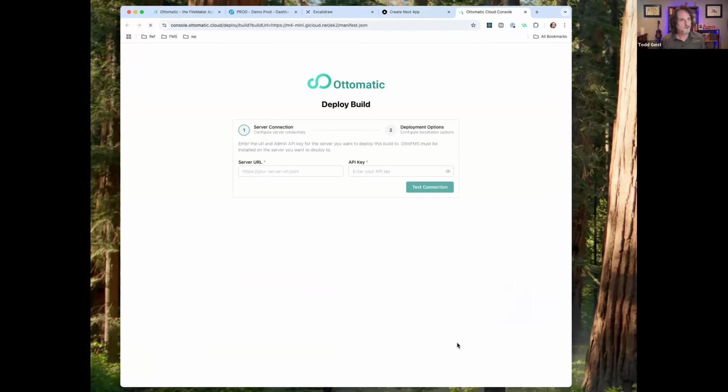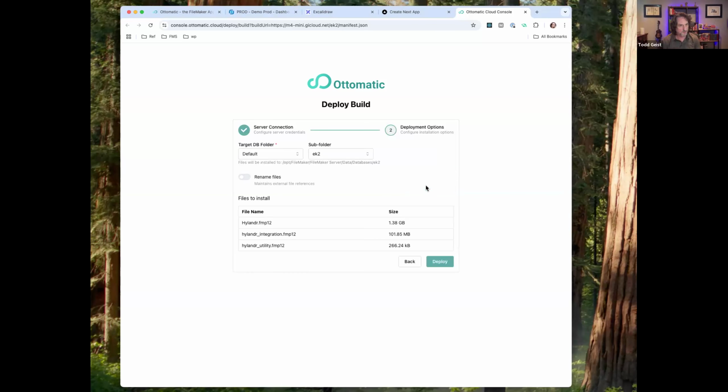We click a button and go to a page on the internet. I enter the URL to my server. Now, of course, your server has to be running AutoFMS. That is the one thing. Right now it's saying enter an API key. If you've used AutoFMS or auto deploy, you know what API keys are. We're going to make this a little simpler to just let you put in your server credentials, so this is your admin console credentials, but I'm just going to pop in an API key. I'm going to click test the connection.